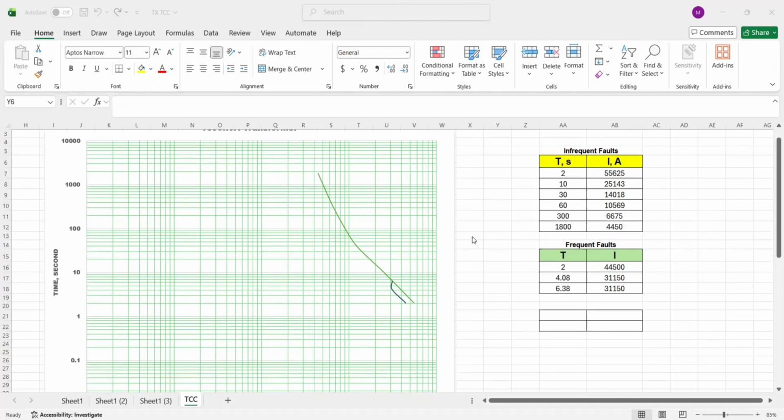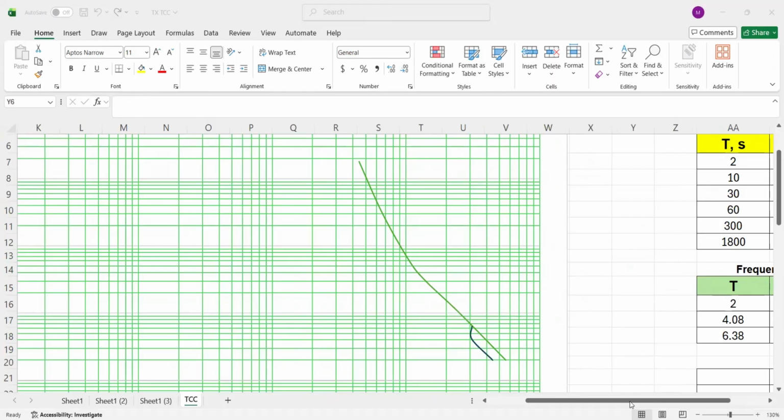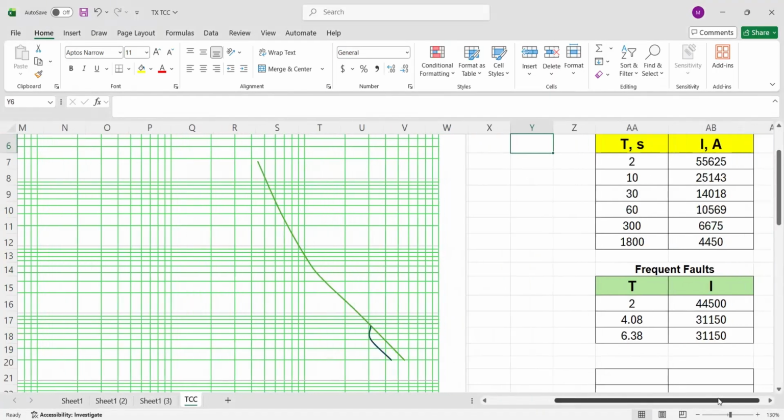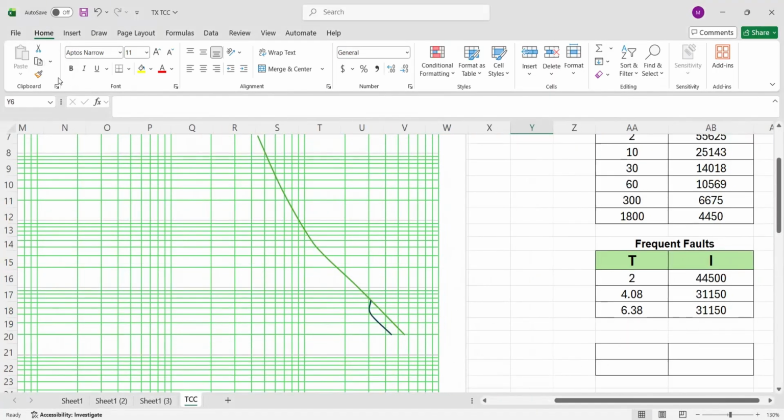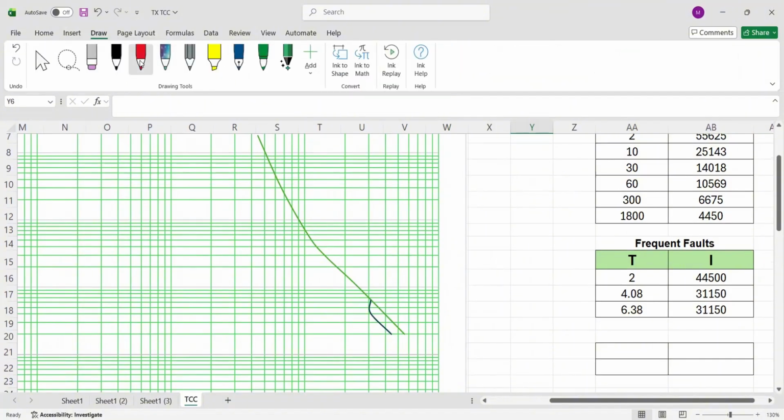Because here, if you notice, the line at the frequent pulse, this curve, should be a straight line.